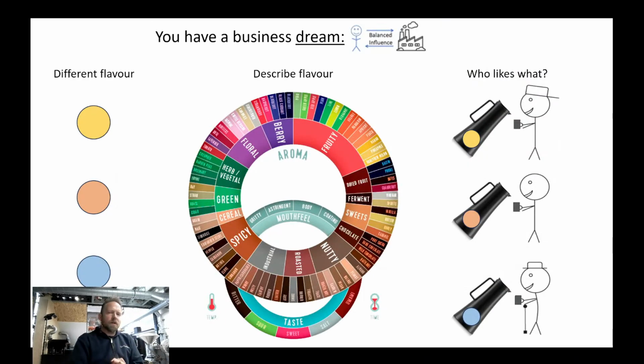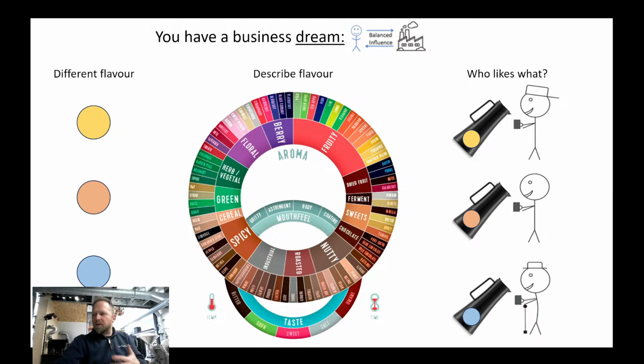So first, I'd like you to understand what sensory science is. Sensory science cannot tell you what to do, and it cannot help you with your business plan. You need to make your business plan and decide who you want to address and why with your products. Once you have done that, sensory science can help you find relevant samples where you can start to do some experiments. You can do a product range, or you can optimize, whatever that means, a particular product.